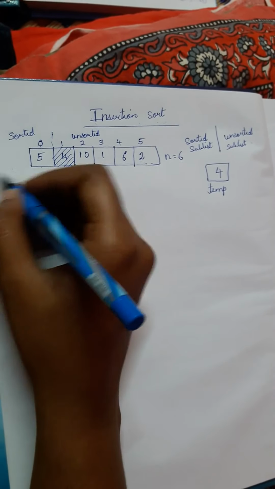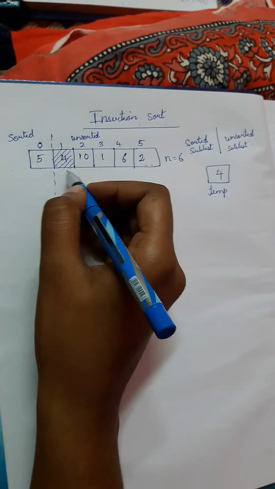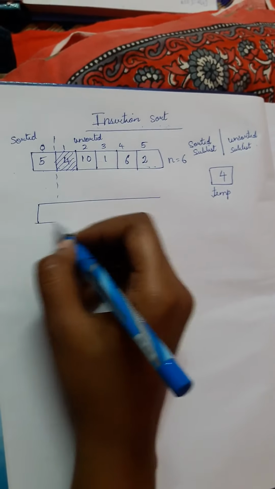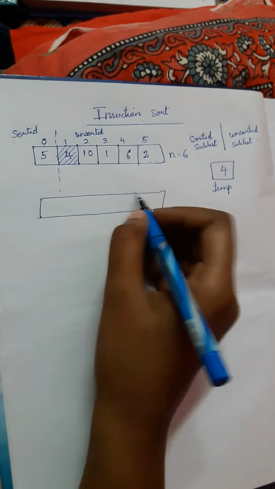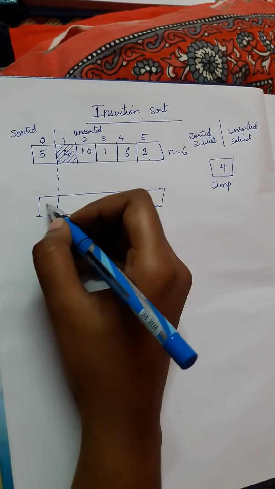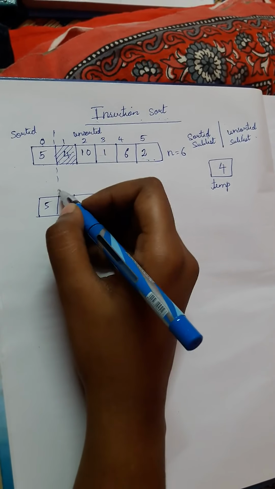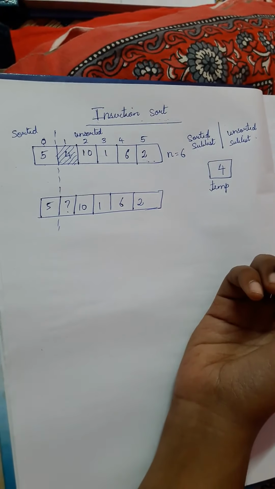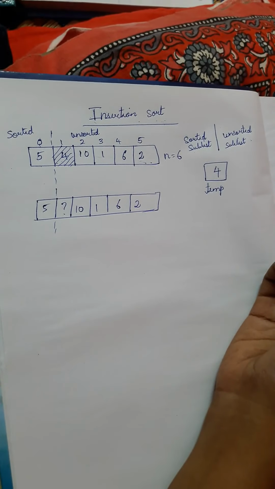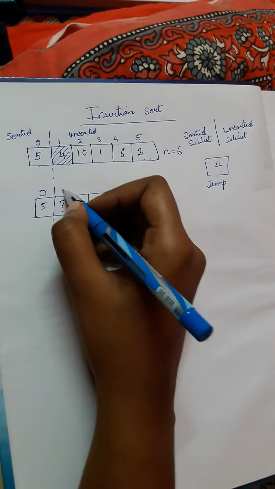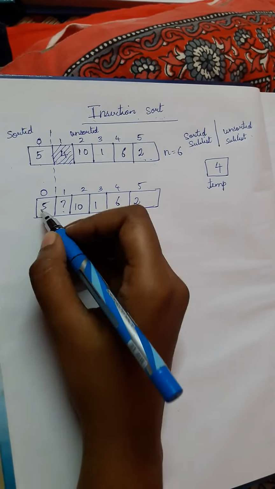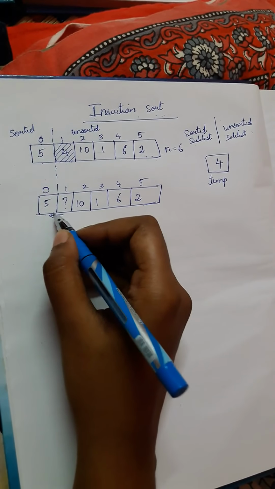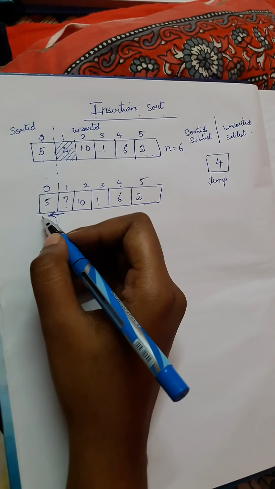This element, then the next element; like that we will go in reverse order, that is decreasing order, one by one. I will explain this now. So now what will be in the array? 5, question mark, 10, 1, 6 and 2 will be in the array. The indices are 0, 1, 2, 3, 4 and 5. Now I am going to compare this value with the array list, and in this direction only I will be looking at the elements for sorting.